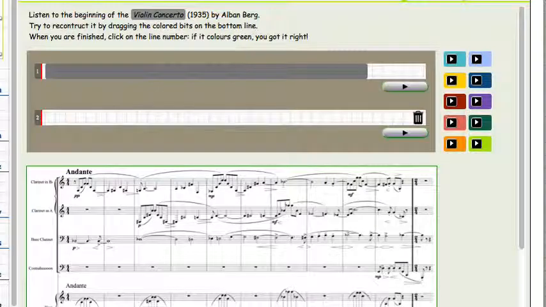We are asked to reconstruct the very beginning of Alban Berg's Violin Concerto, and if you haven't tried to do so, please give it a try. And don't be too frustrated if you don't succeed, because it's not easy at all. It's quite hard. So there will be two videos to explain this, because we need some criteria to find our